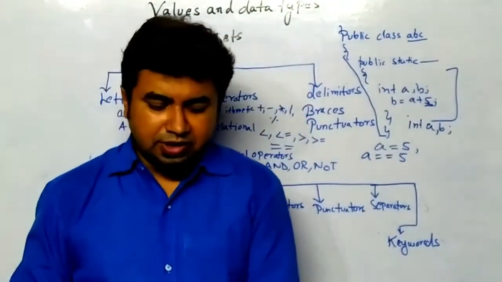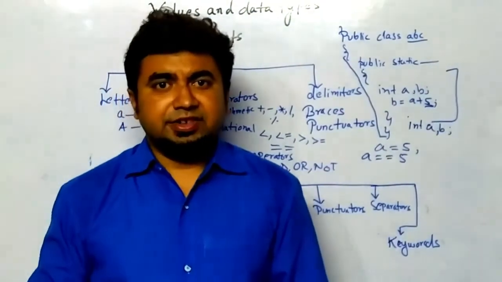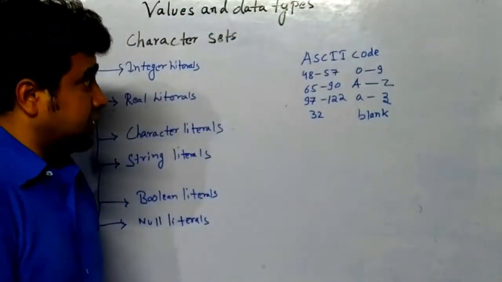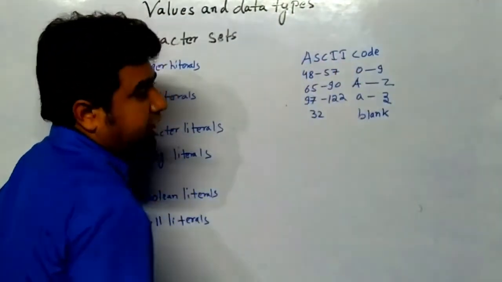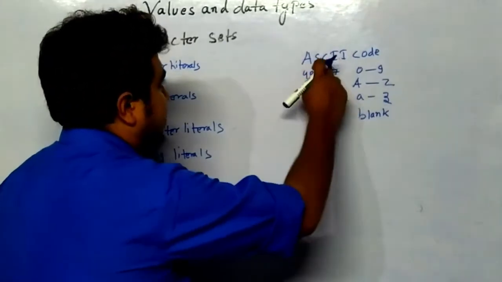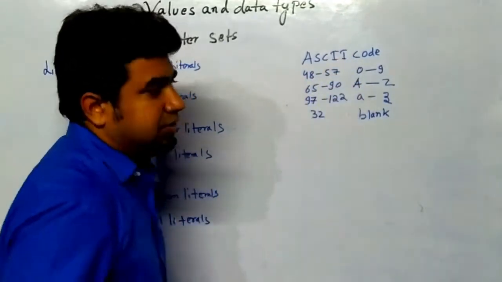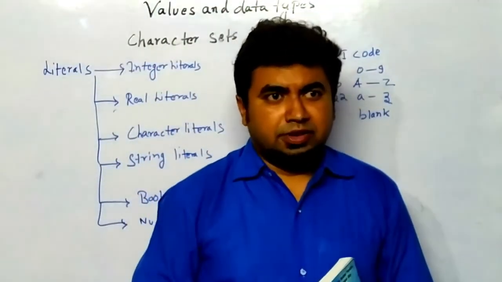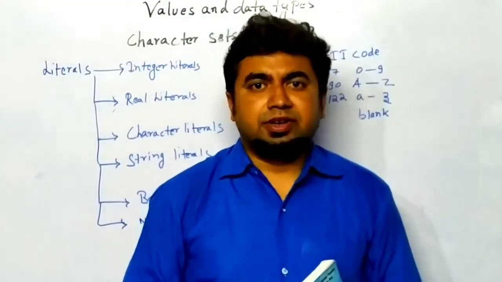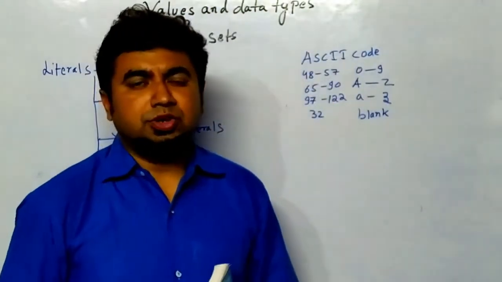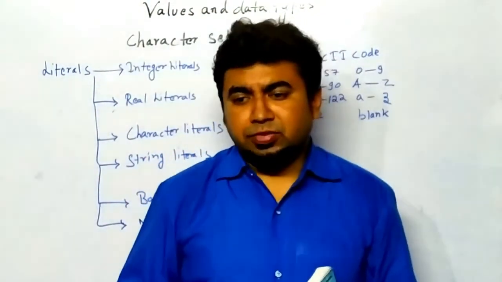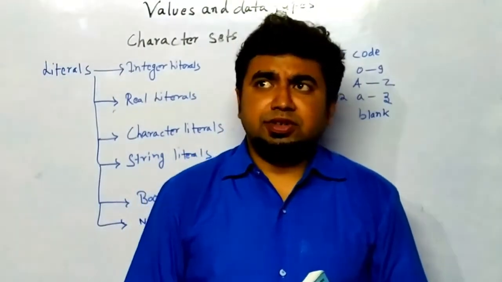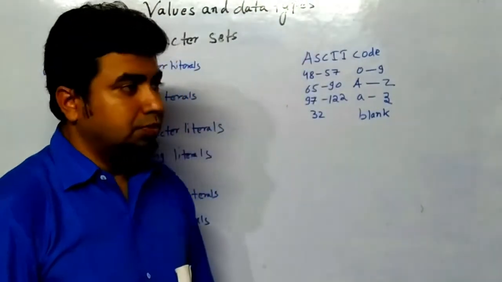So now I will be discussing the other part, that is ASCII value. As I told, we will be explaining ASCII code. ASCII code is American Standard Code for Information Interchange. As you know, computer memory does not understand any character. It converts it into its binary value, because the computer understands numbers, and that number is binary, meaning it is either 0 or 1.